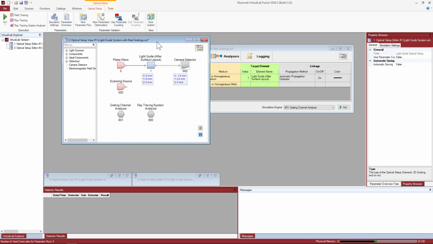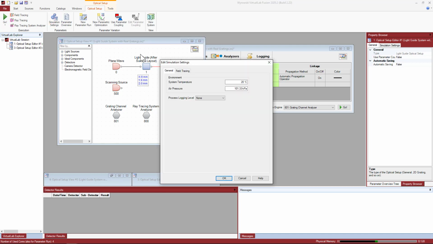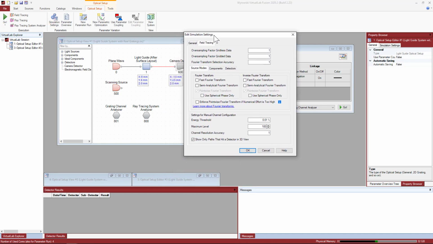Finally, let's mention the inclusion of diffraction. So far we have neglected diffraction in the system, and this whole topic is related to the Fourier transform configuration in the system. It's a very complex topic. I'm not going to go into any depth here. We have additional documentation on our website. But for now, suffice it to say that I'm clicking on the simulation settings of the system, and I'm going